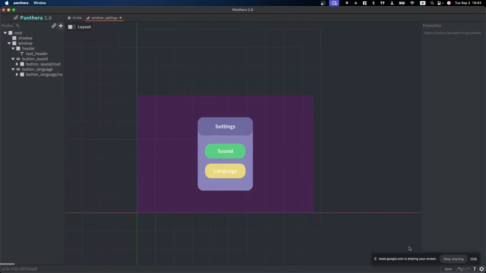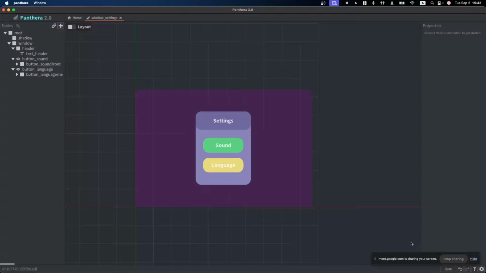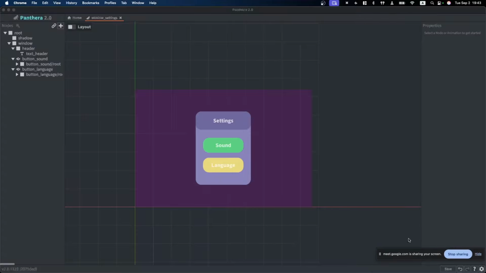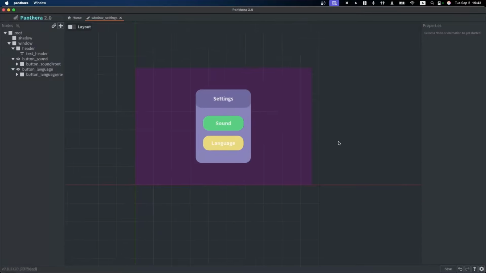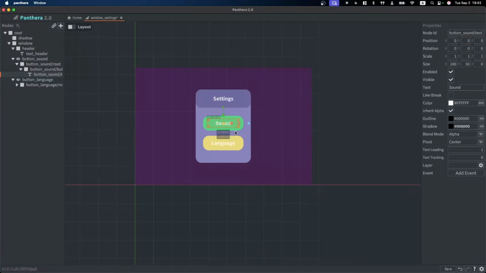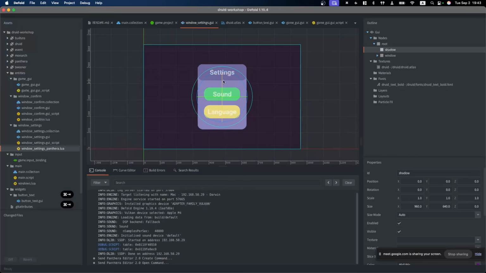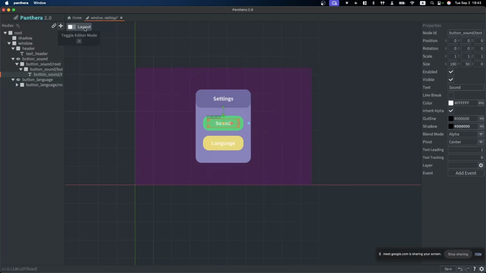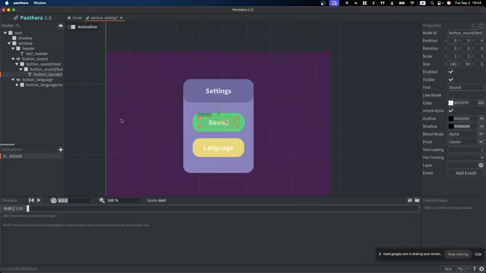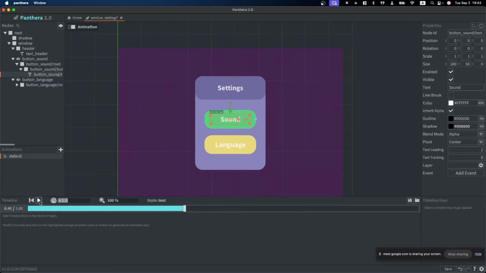You need to press Command or Control and drag across the scene. And you can't move anything here because it's a layout file, or it's a bound file to the GUI file. So all the initial state is now managed inside Defold, inside this here. But we can animate the file. To start animating, we need to toggle editor mode by pressing here or M. And we have animation. We can press play to play it. It's a 1 second default animation. It's absolutely empty. So let's make the appear animation.